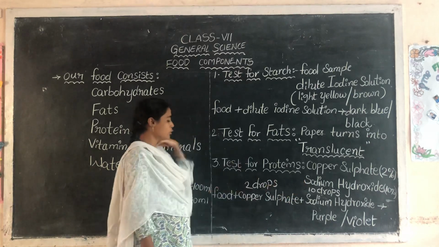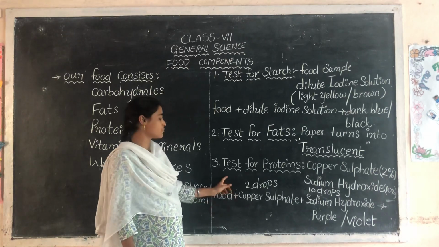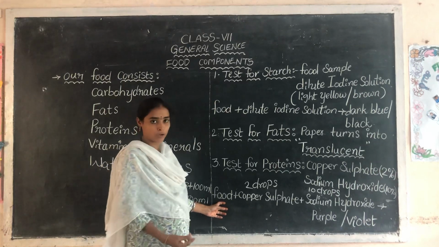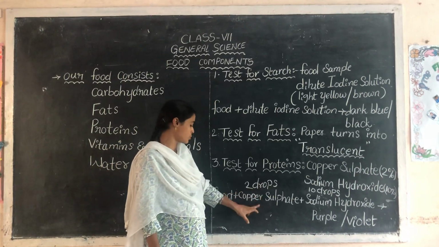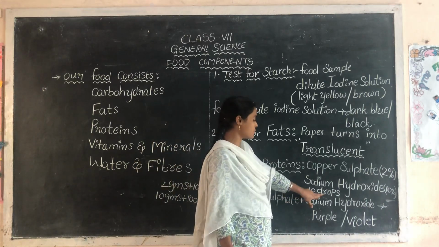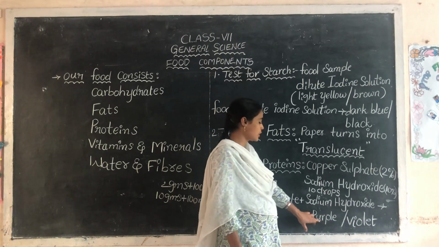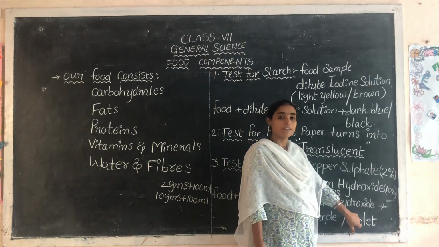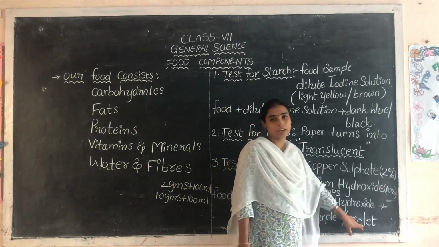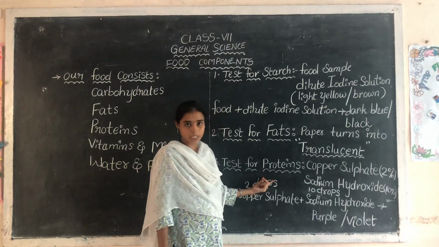Okay. Now we do the test. Take food sample. Which food item do we want to test for the proteins? Take that food sample in the test tube or in the bowl and add 2 drops only, 2 drops of copper sulfate and add 10 drops of sodium hydroxide solution. The food color turns into the purple or violet. So when food color turns into the purple or violet, we get the conclusion our food consists of the proteins.